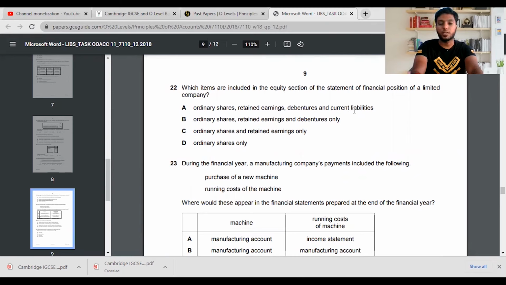So here they have given current liabilities. So under current, we won't take current liabilities under equity section. So the first part will be removed because they say ordinary shares comes under that, retained earnings comes under that, debentures are excluded. So I will not take because the debentures is a part of non-current liability. Ordinary shares and retained earnings are a part of that. Debentures no. So ordinary shares and retained earnings only. So answer C on the 22nd MCQ. We'll move on to the 23rd then. It's a very straightforward one, 22nd.